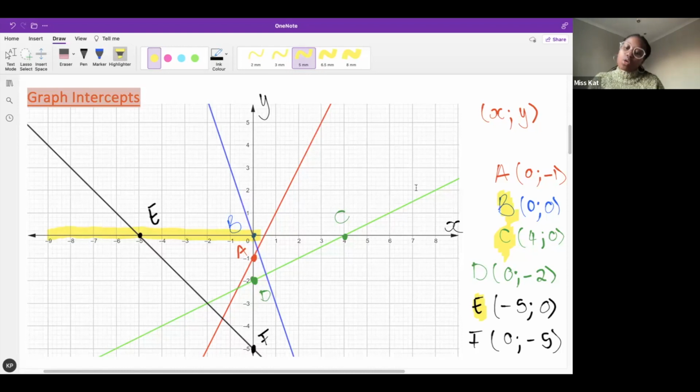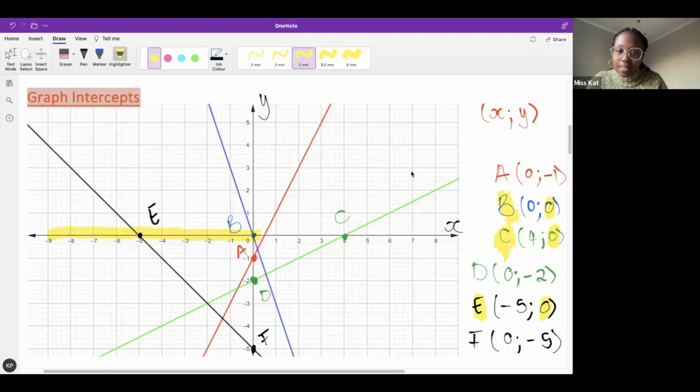The x coordinate is the y, excuse me, the y. The y coordinate is 0. Check here, guys. Look at B. Y coordinate is 0. C. Y coordinate is 0. E. Y coordinate is 0. So if you see coordinates that have a 0 in the y coordinates, that means it